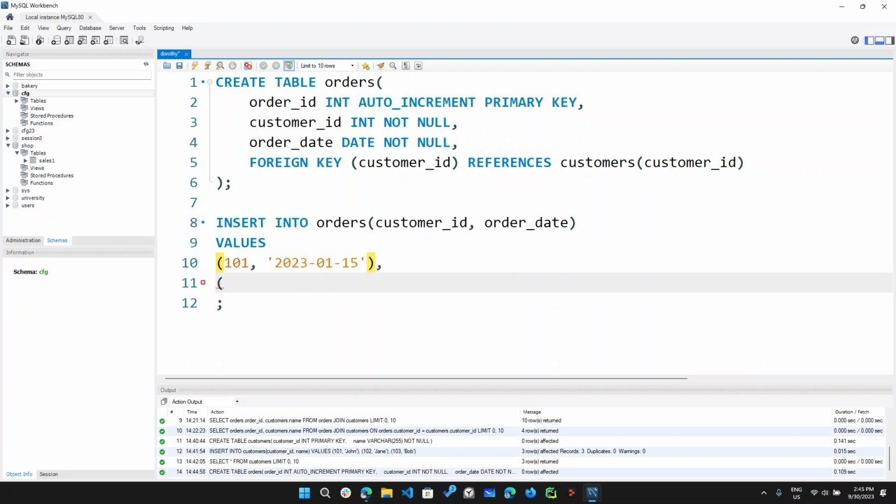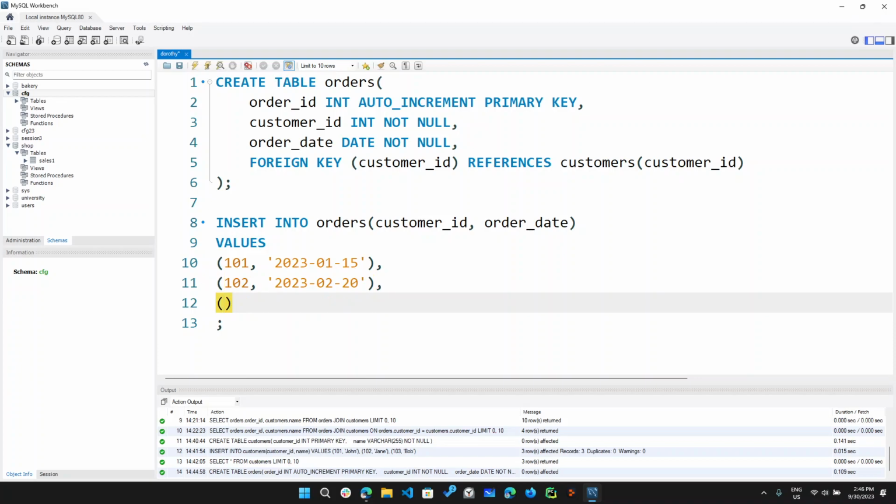and there you go, 102, 2023-02-20, and 103, and the date is gonna be 2023-04-25,